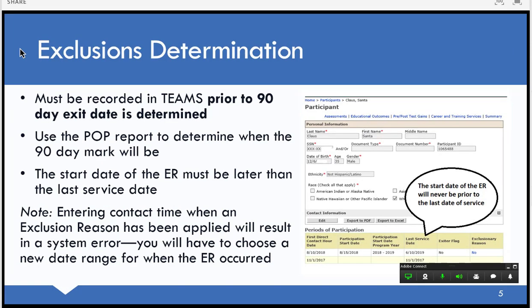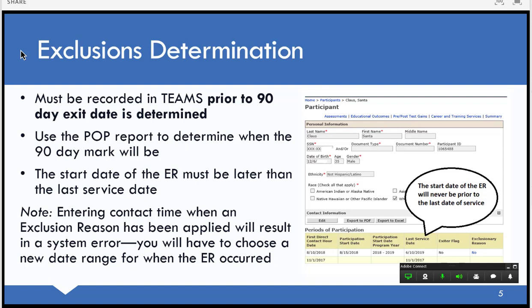So if you're utilizing the POP report, and you notice that a person's not been in class for 10 days, 20 days, 30 days, 40 days, whatever that time period is, and you are making efforts to reach out to that individual to try to determine why they are absent from class. And through that process, you find out that one of the reasons that they have may align to an exclusionary reason. We want to make sure that we are putting that and that you have a local process and a